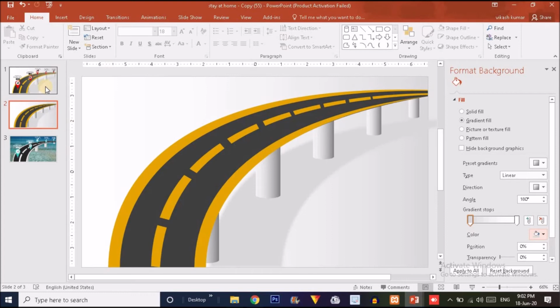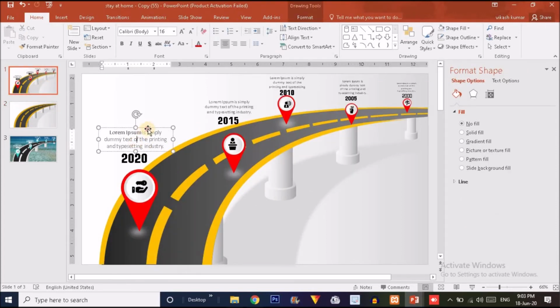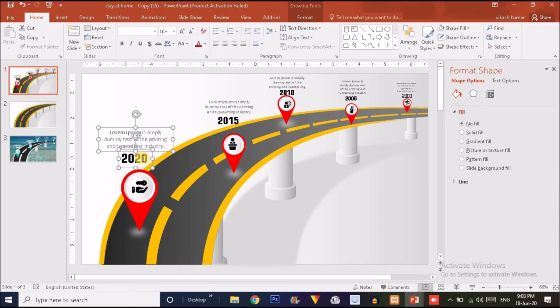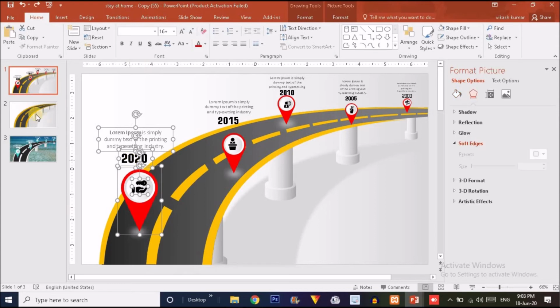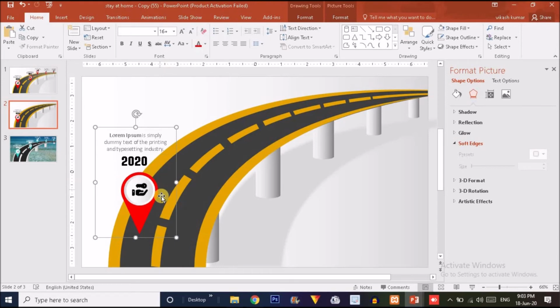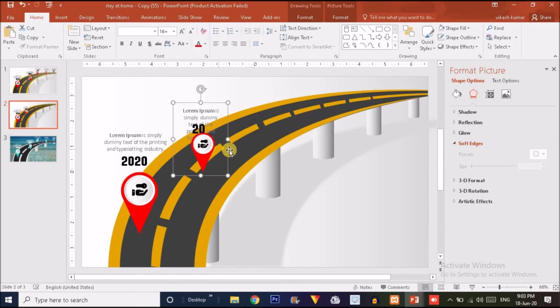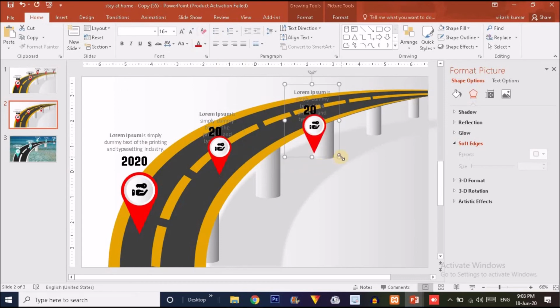So now this is completed. Now we have to add this text and this text over here and this particular icon. So I'm going to press Ctrl C and paste this over here, make this group, press Ctrl D to duplicate it and put it over here like this. Again press Ctrl D, press Ctrl Shift together and drag it inward to make it smaller